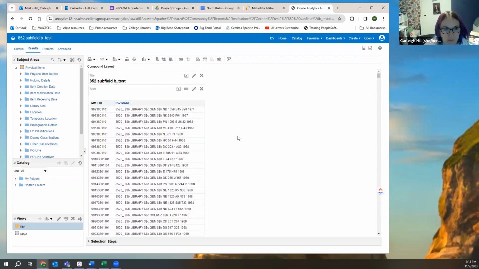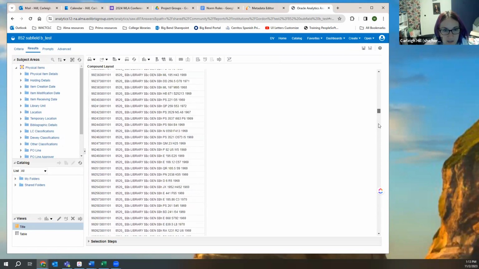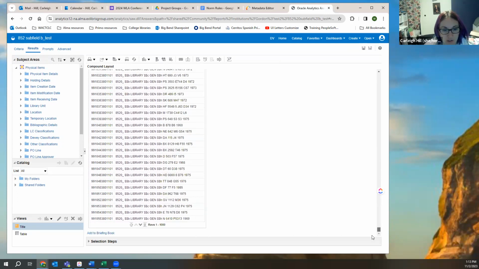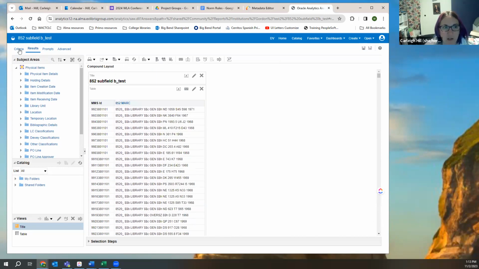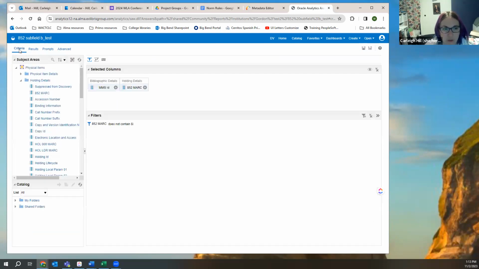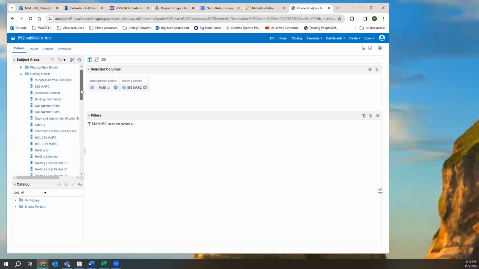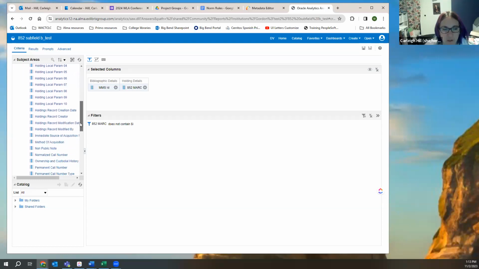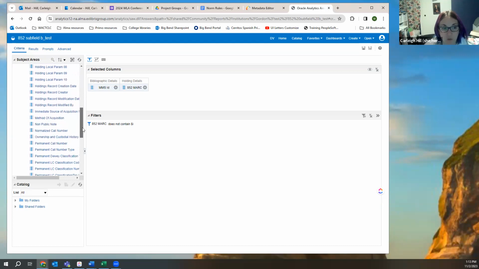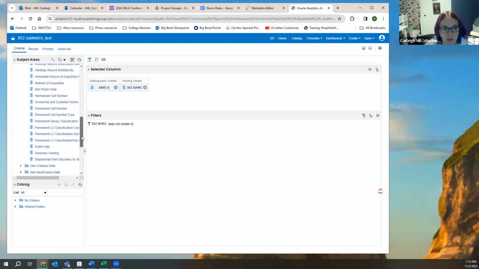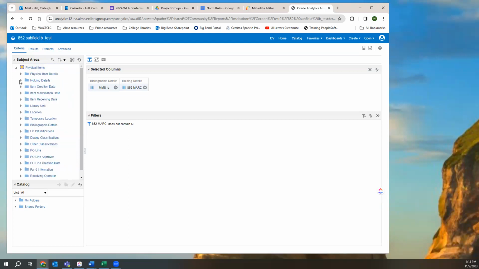So this is our set of MMS IDs of items that don't have that I field, but we don't want to run it for everything. We wanted to limit it to location or material type. Like, what were we thinking? Because location was another one that we couldn't get to match up with the indication rule, but I think we can. But yeah, we didn't know when we were doing it that we couldn't run indication rules on the holdings records. So